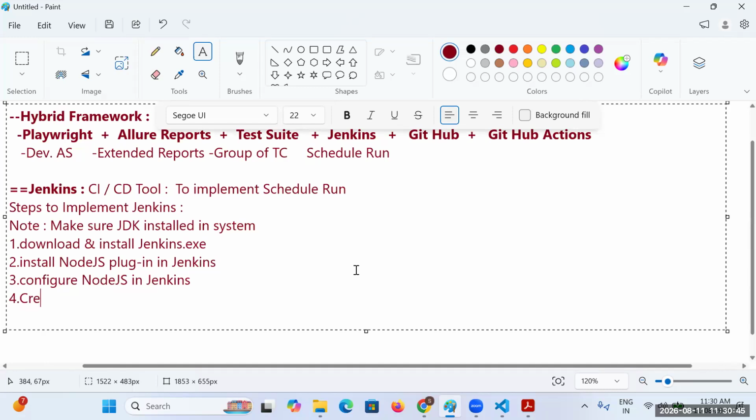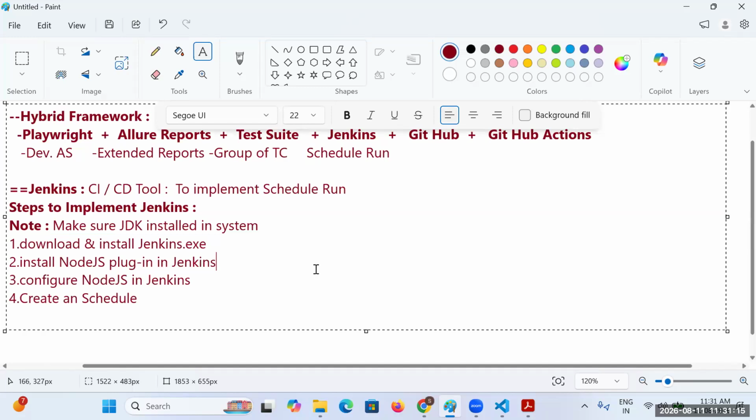And the last step is to create a schedule. Okay, right. So these are the steps you have to perform.